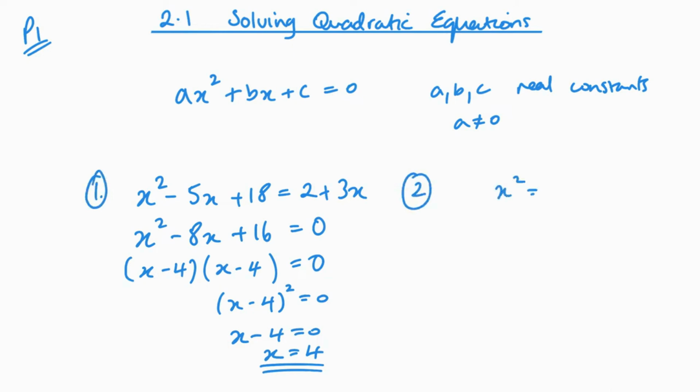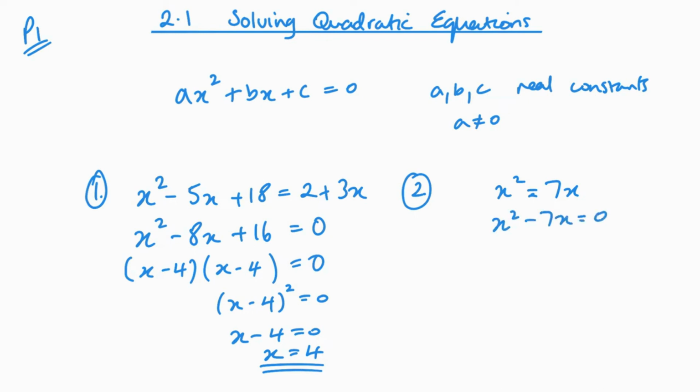x squared equals 7x. So again, let's make sure everything is on one side of the equals. Okay, just let me go back there, because there is a common mistake here that people make. So sometimes what people will do is divide through by x and go, well, x equals 7. Okay, but that's wrong, because what you're doing there, you're losing one of your solutions. So just going back to how we do need to do it, x squared minus 7x equals 0,